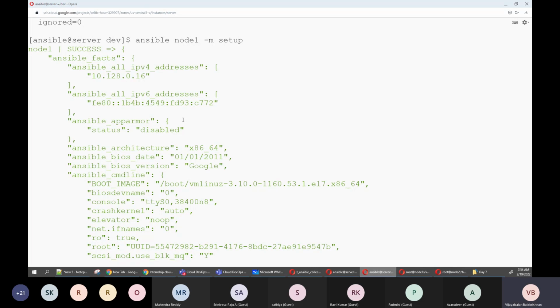Based on that only it deduces what it needs to do with you. Are you getting the point? The facts. Yes, it is gathering the machine info.